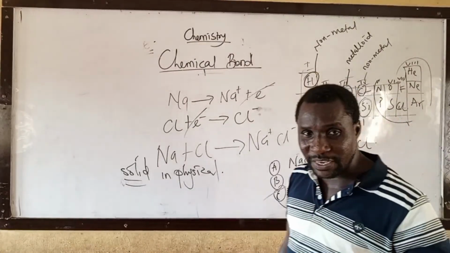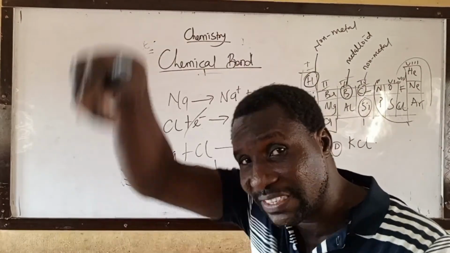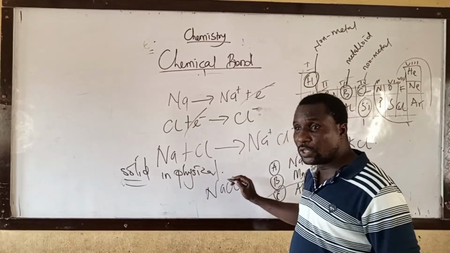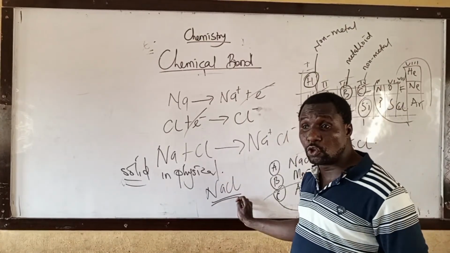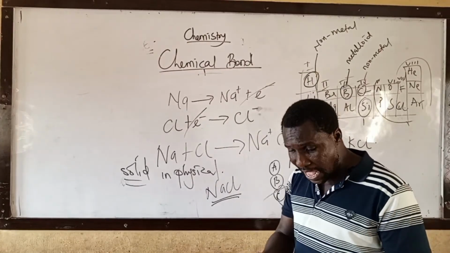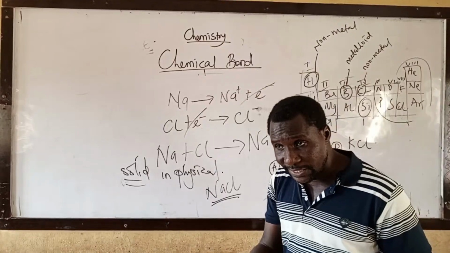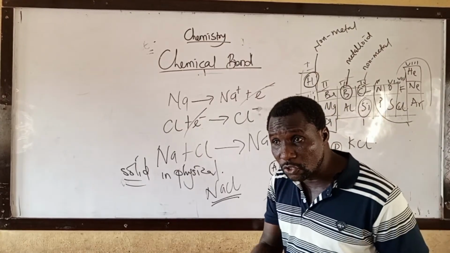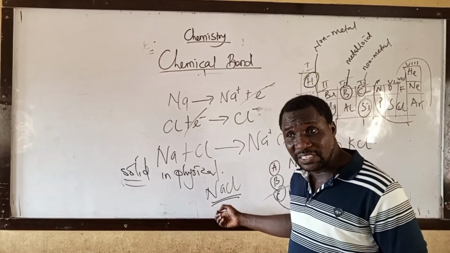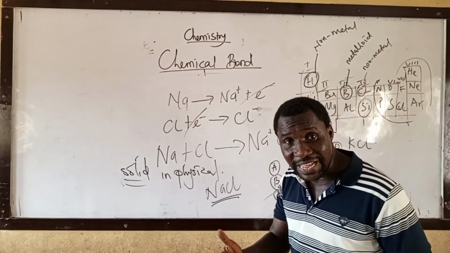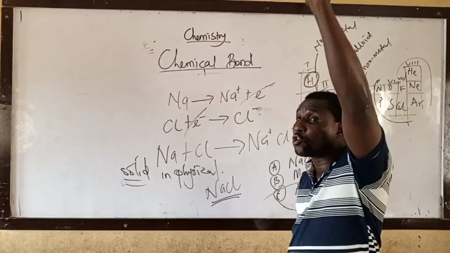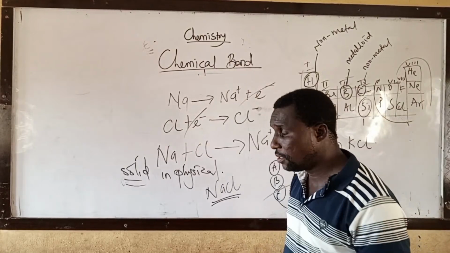Class, let me explain that. I said they are solid in what? Physical state. Look at your table salt, your cooking salt at home. It is known as sodium chloride. At that state, is it solid? Yes, it is solid. Why? Because it's an ionic compound. All ionic compounds, their physical state is solid. Number two,